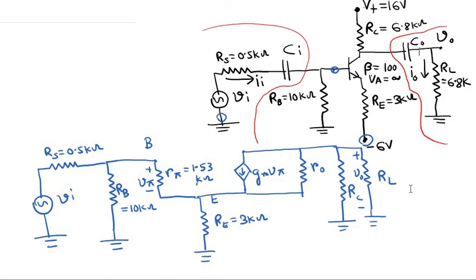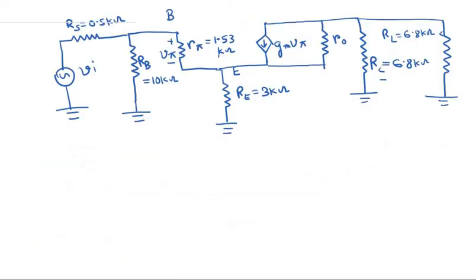So we have our small signal or AC model. I will just take the circuit to a new page so that it is easier to understand. So this is our output voltage V0. And in this model we have to find the voltage gain, which is V0 divided by Vi, and we also have to find the current gain, which is AI equal to I0 divided by II. I0 is basically flowing through this load resistor RL, and II is basically the current that is supplied by this voltage source Vi.